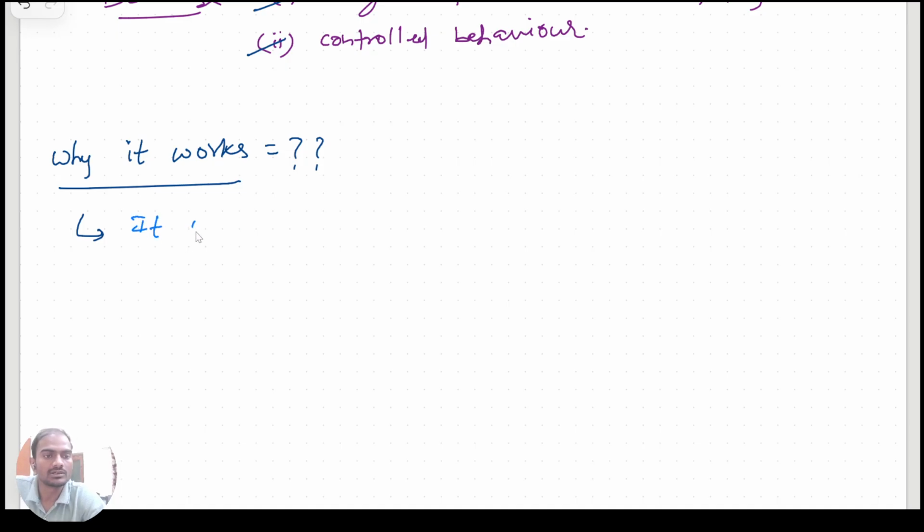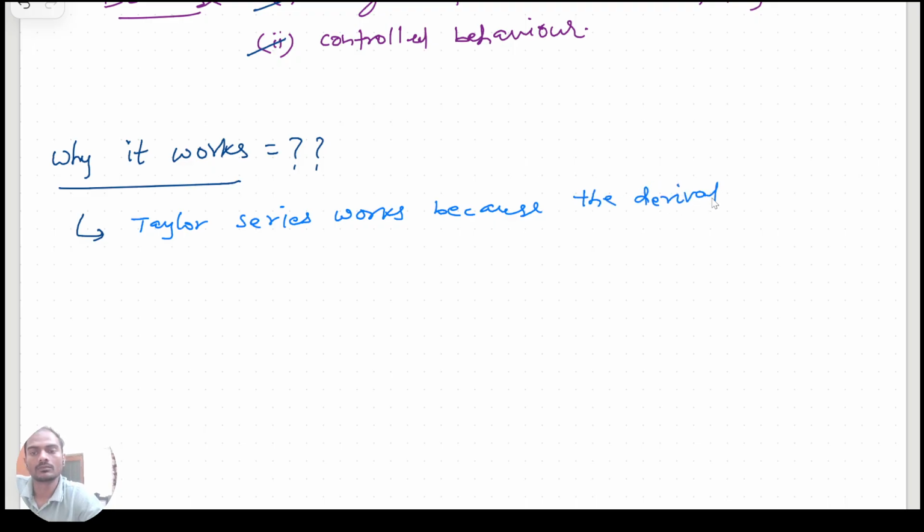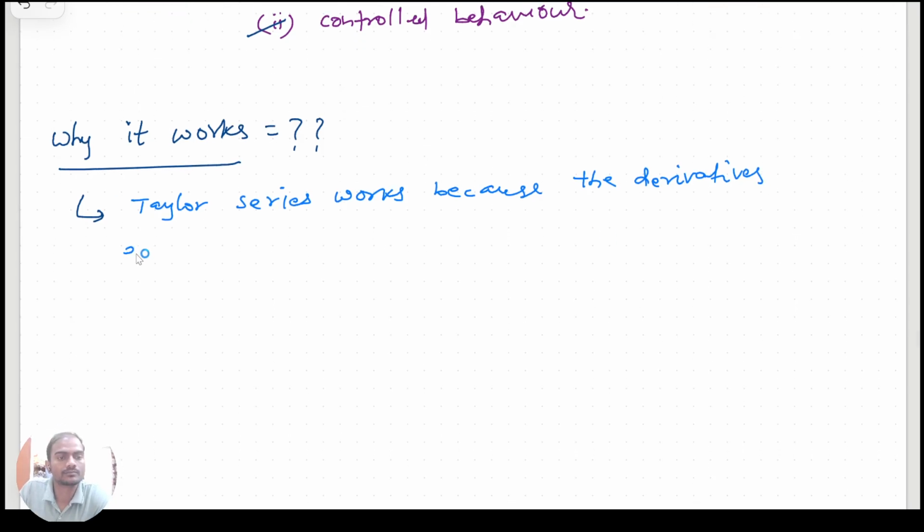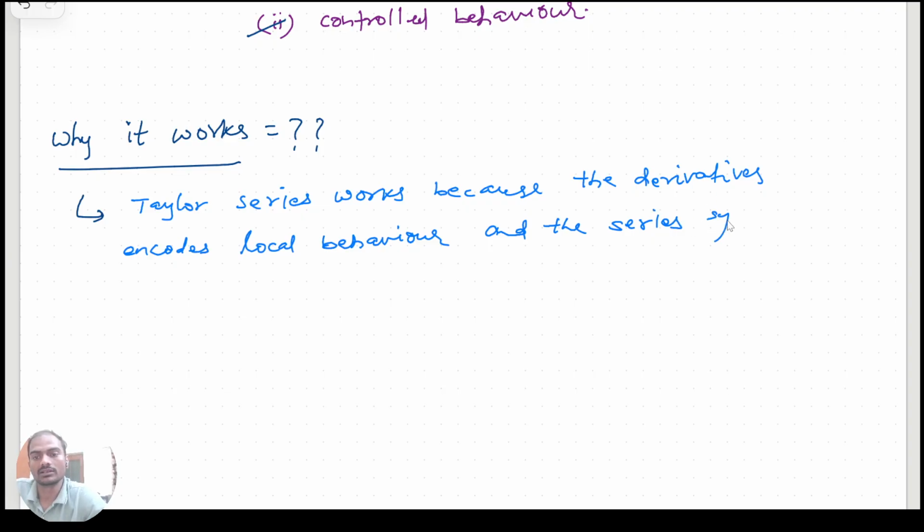ये टेलर सीरीज काम क्यों करता है, because or rather I should say Taylor series works because the derivatives encode all the twist and turn, all the information about that function, encodes local behavior and the series that we use synthesize